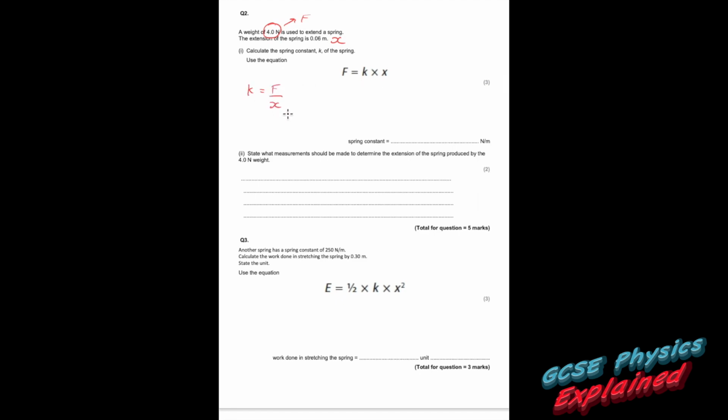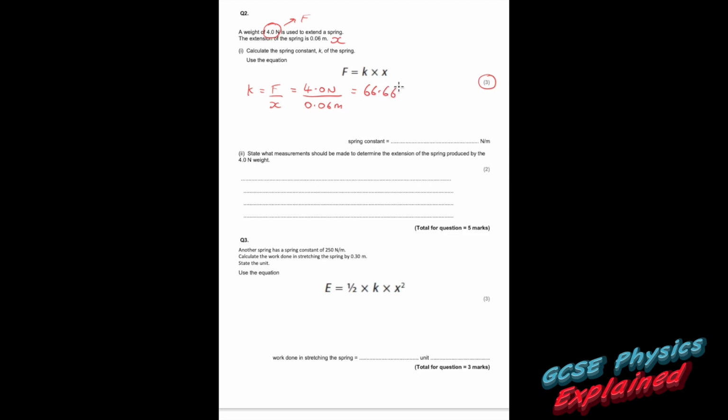So K equals F over X. Make sure you can rearrange equations. These are easy ways to get 3 marks from your equations. Pop the numbers in. And that equals